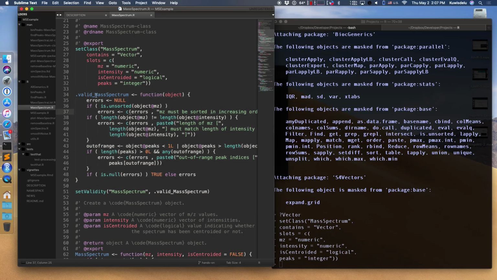Yes? So why is there a dot before valid? Why is there a dot before valid here? That's a good question. So